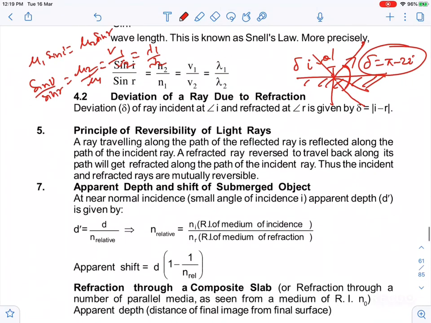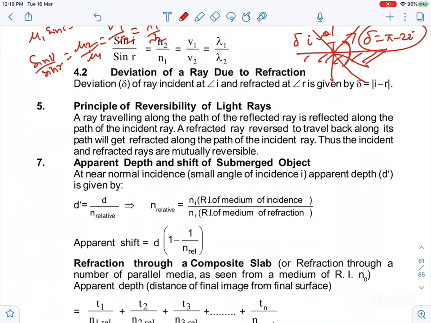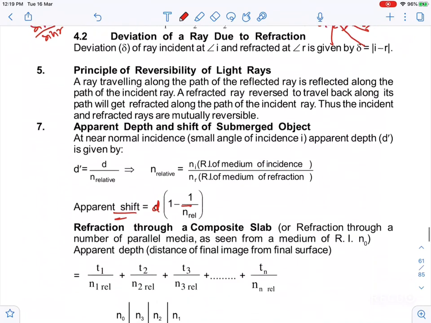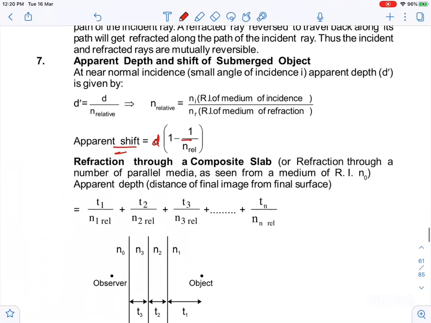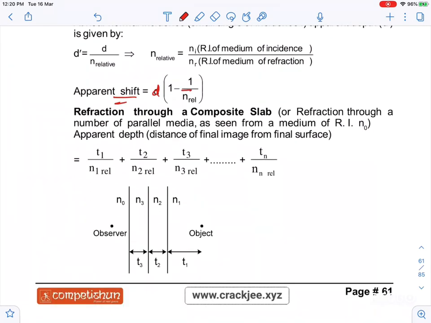So you can write delta is equal to pi minus 2i as the delta formula. Now apparent shift, you can calculate, is nothing but d into 1 minus 1 by mu. This mu is the relative refractive index of the medium. Directly you can use it, or if parallel objects are kept, so if there is a composite slab kept like this,